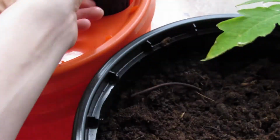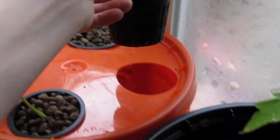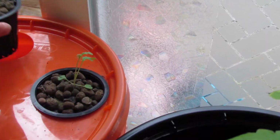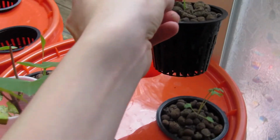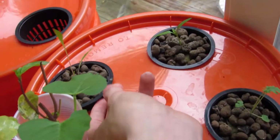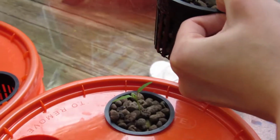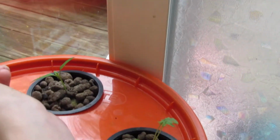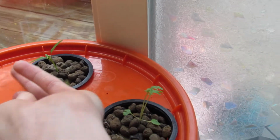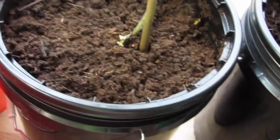Last time I checked, this had no roots. The cilantro still has no roots. This green pepper had no roots last time I checked. No roots still. Okay, and this lettuce had no roots the last time I checked. No roots still. No roots poking at the bottom at least. Of course there's roots, but...